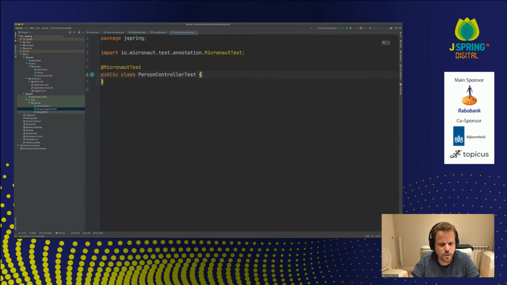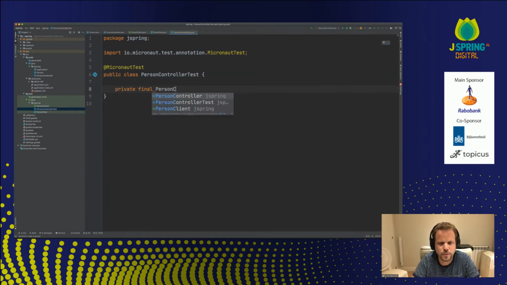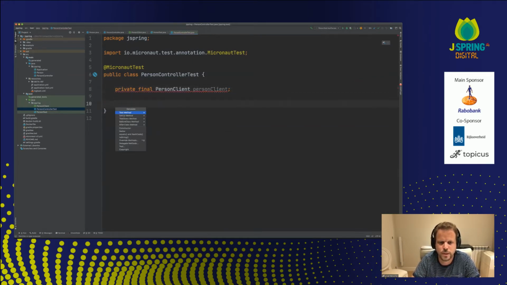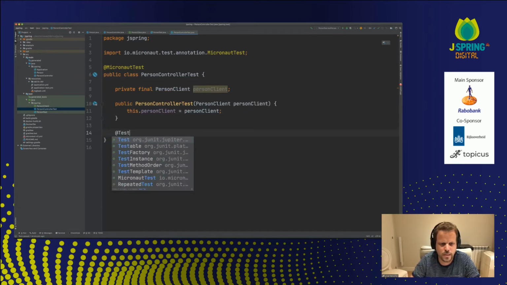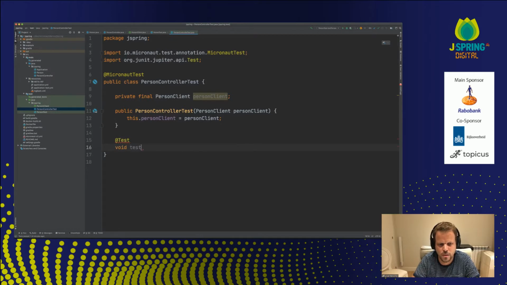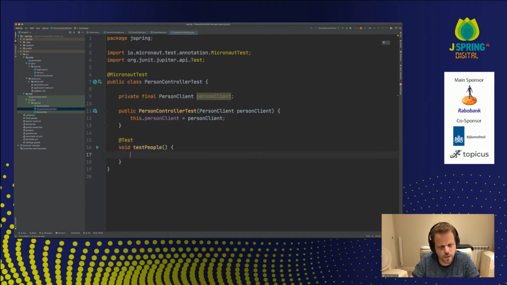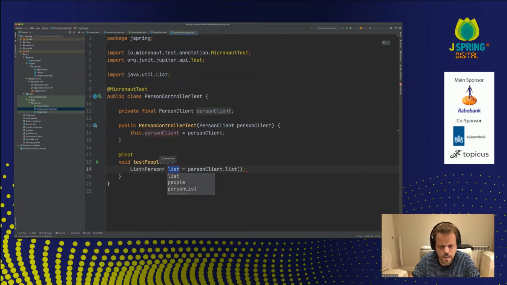So how do I get a reference to this? Let's inject it into my person client test. Create a new constructor and add a test here. People, like so, and then we can say person client dot list the people, and that equals.